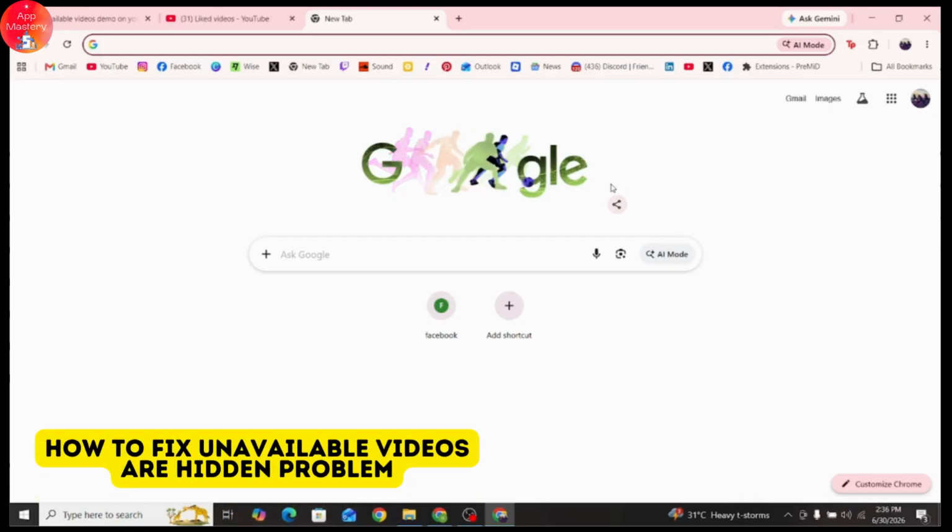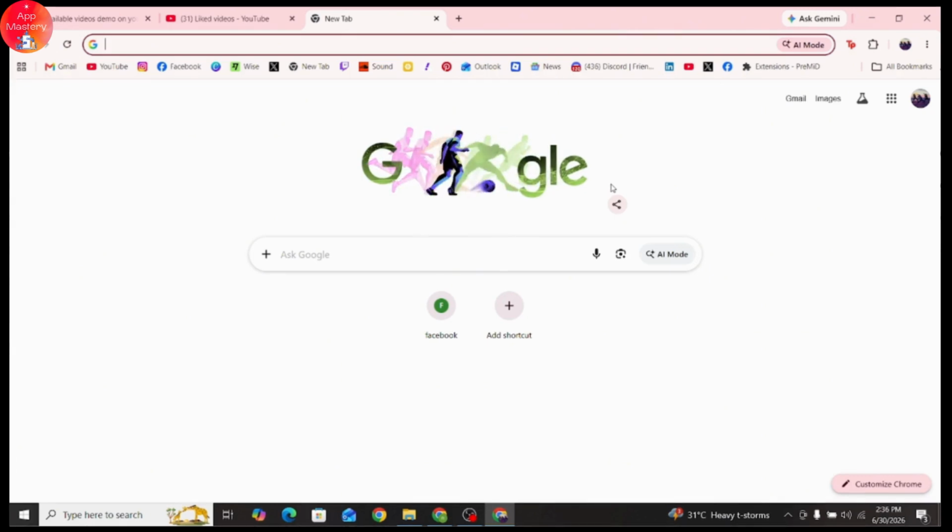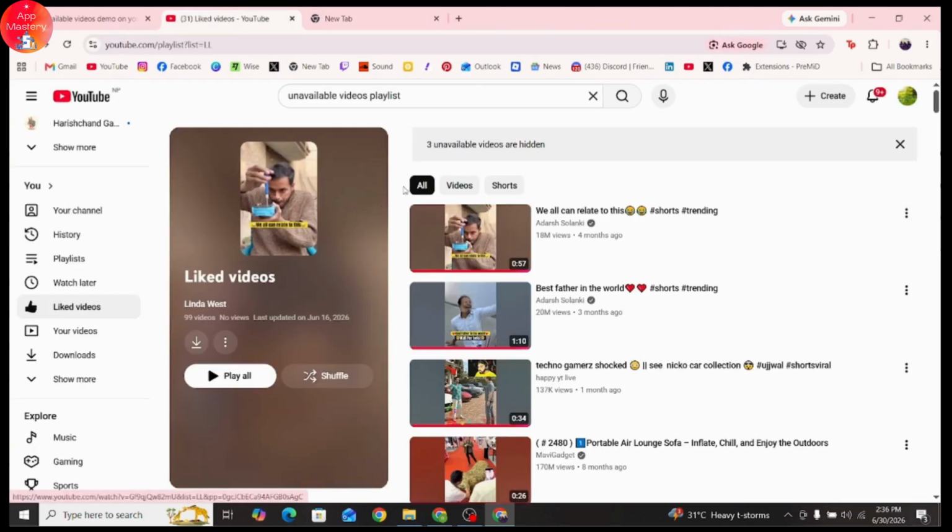How to fix unavailable videos or hidden problem. So if you want to fix unavailable videos or hidden problem, then what you need to do is first you just need to simply open up your browser and then go with your YouTube, go with the playlist where you have unavailable videos. So in my case, as you can see that here it says there are 3 unavailable videos